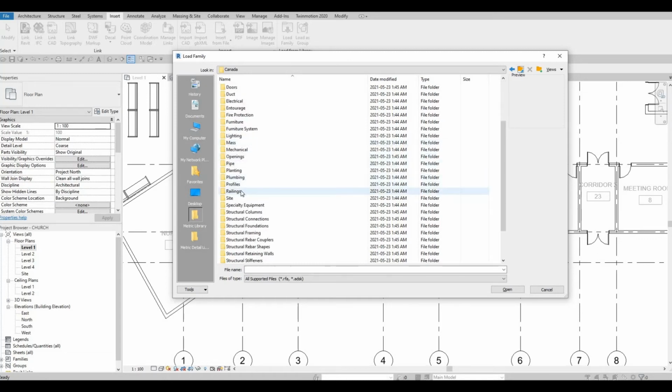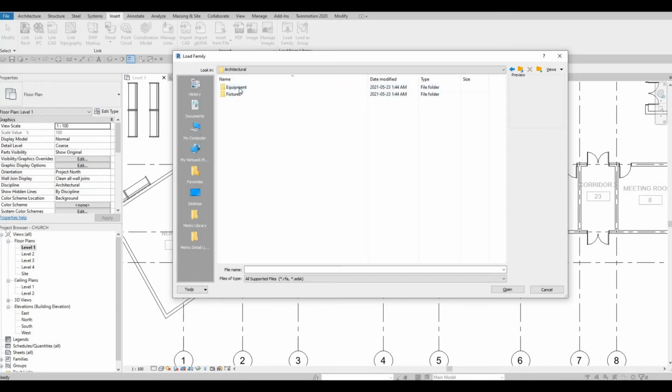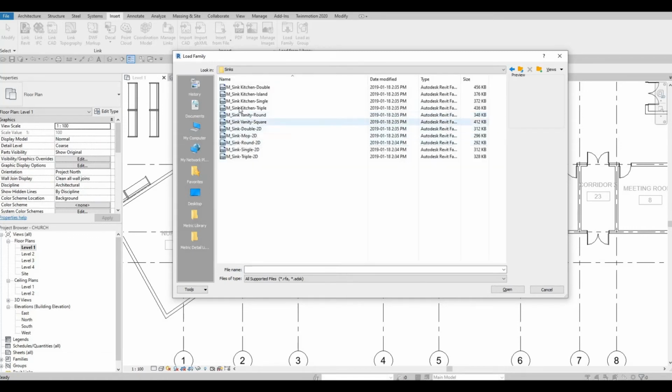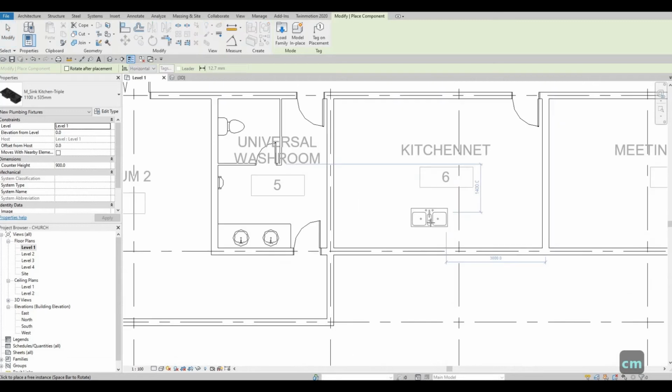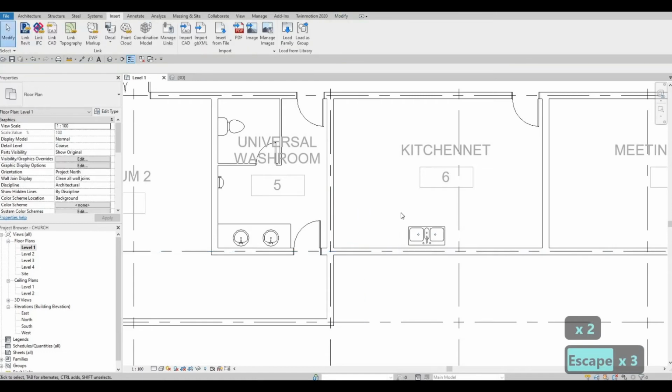Let's go to plumbing first, architecture, fixture, and then here we have some sink, and then we have kitchen right here. Let's use this, open, and we're going to add right here something,